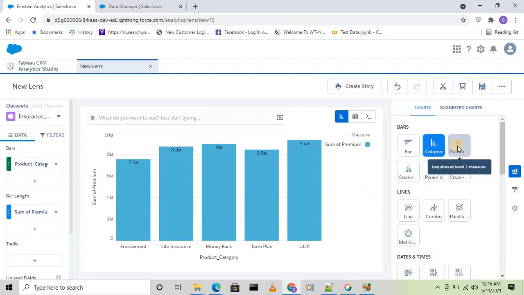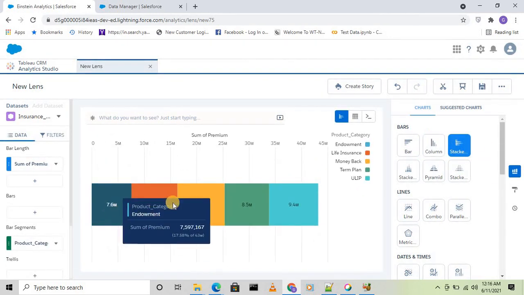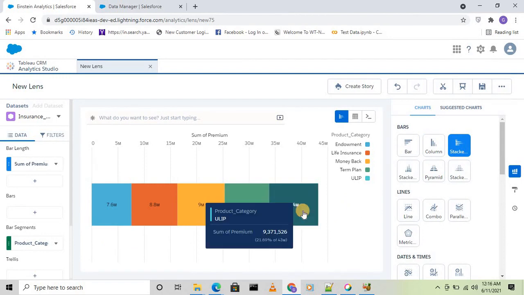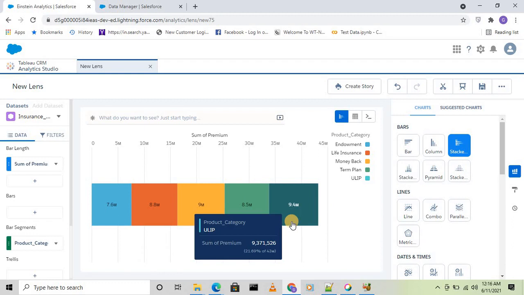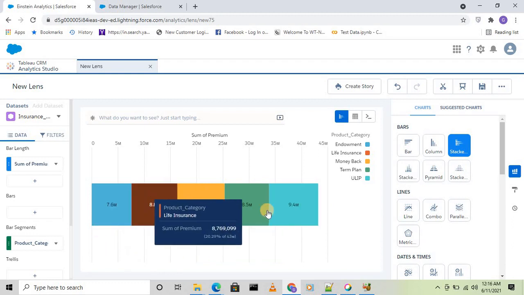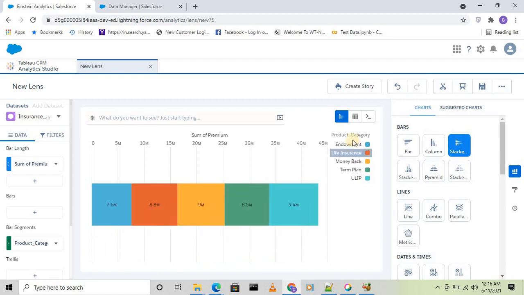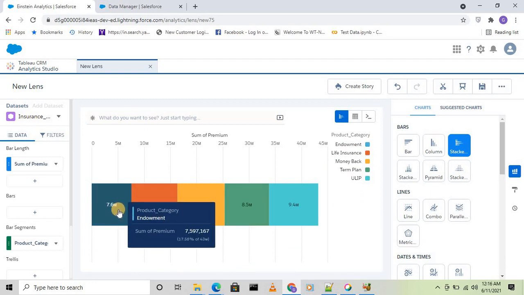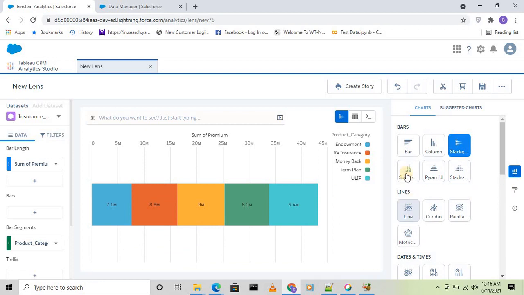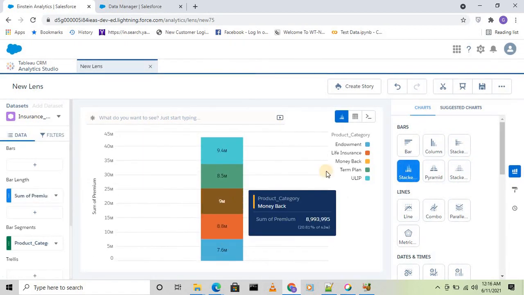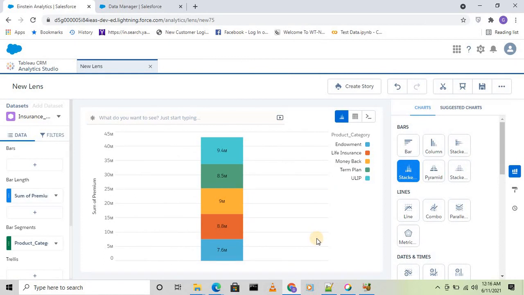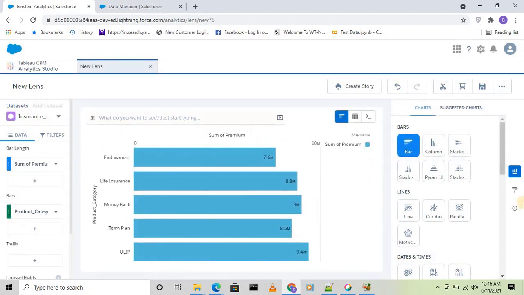This is a single bar with different partitions in it, and each stack defines a different product category and its sum of premium. Or I can convert this to stacked like this also, or horizontal or vertical, whatever you want. Now I'll go with this bar chart.